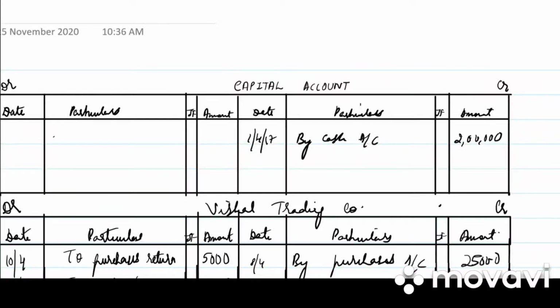Good morning, students. Yesterday we had started a new chapter, that is ledger. We had seen how we post the journal entries into different types of ledger. I had only shown you posting, but the balancing part was remaining. So let us see how we balance our ledger accounts.